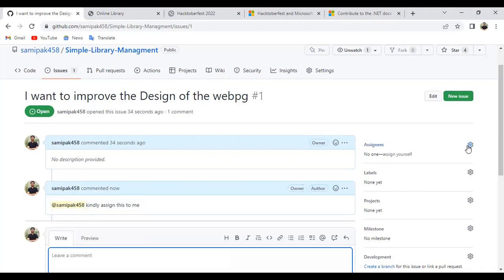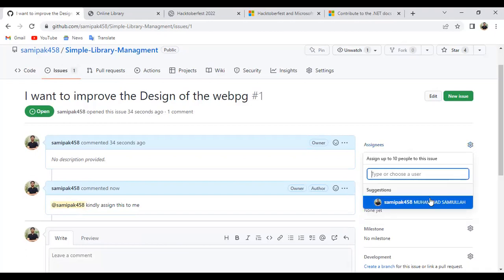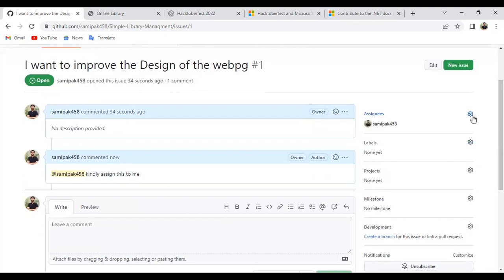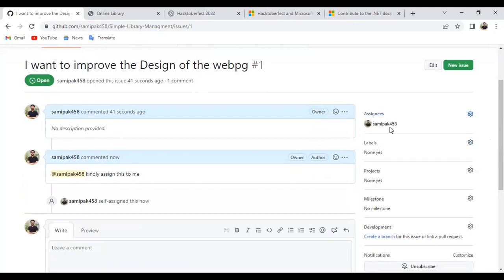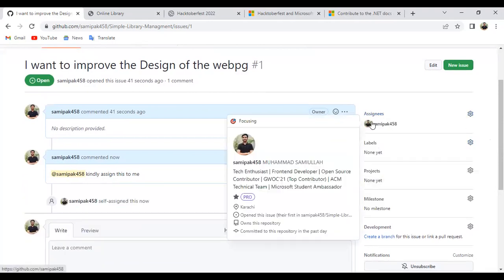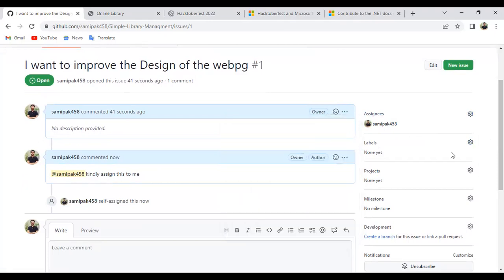It is my own repository, so I can assign myself like this. If you are contributing to my repository, I will assign you the project if I think these are changes I want to make in my project. So this is a simple thing. Okay.